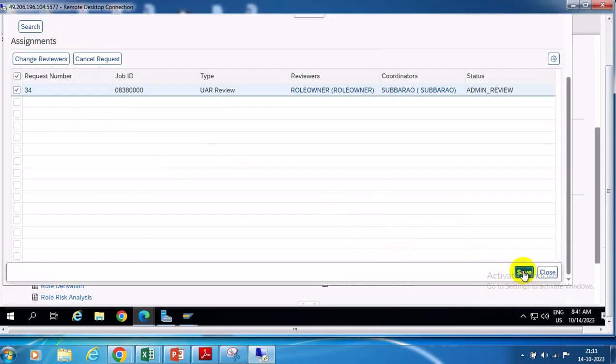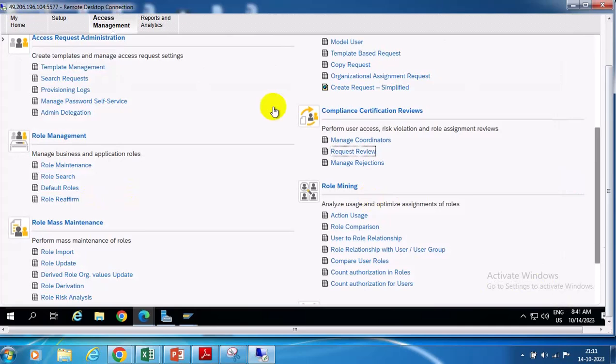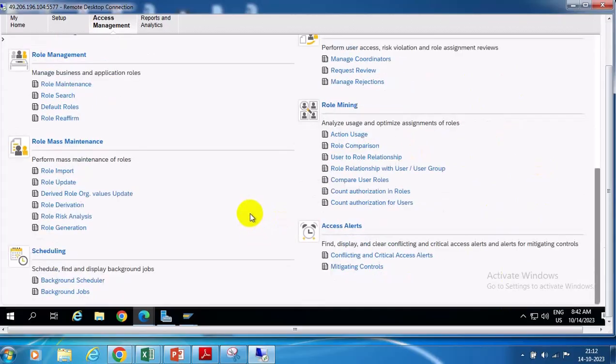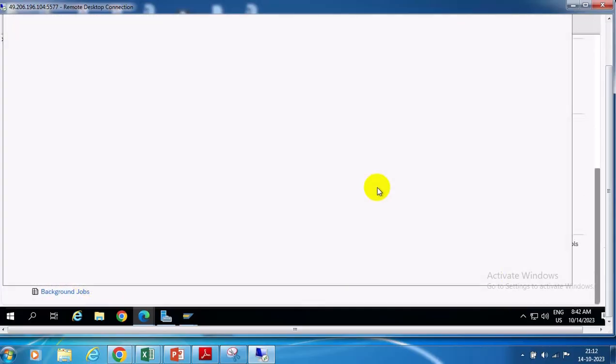Oh, what happened here? Okay, that is like this. We can select all the role owners, like reviewer IDs, we will verify as a coordinator, and will save each line item. Once that is completed, then again the background job scheduler,